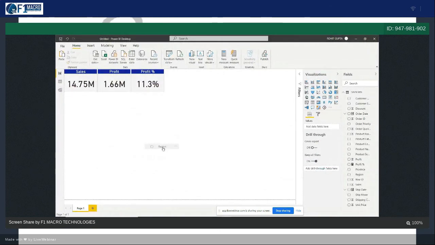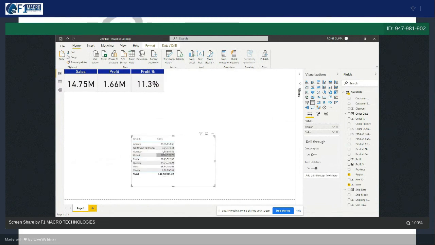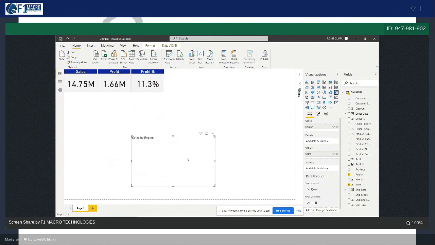See how easy it is to create a dashboard or to create a report. I just drag sales over here. So it will show you region wise sales. Okay, and you want tree map. So tree map is this. Tree map means the bigger the box is, the higher the sales are. You can see tree map here. You just drag this tree map over here.